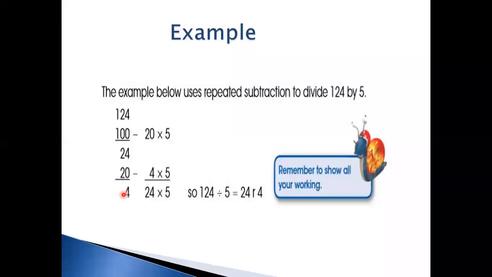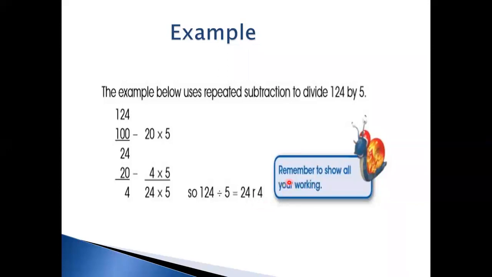In fact, we did a simple repeated subtraction process here in the form of the division process. Now see what our answer is. 124, which was our dividend, we have written here. So 124 divided by 5 gives the answer 24, remainder 4. From where did we get this 24? You can see 20 is written here and 4 is written here. We simply add 20 plus 4, which is 24, multiplied by 5 as it is. This 24 is our quotient or answer, and this 4 is our remainder, which we have written after writing R. 24 remainder 4 is our answer.